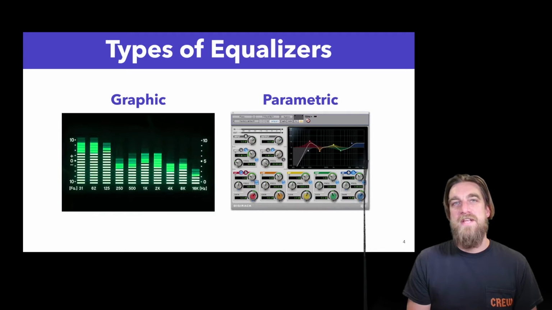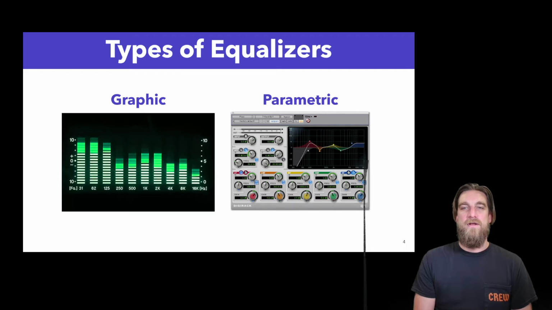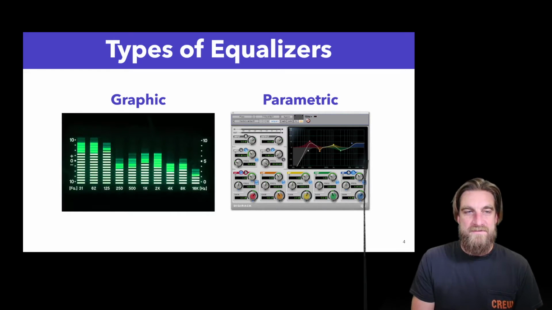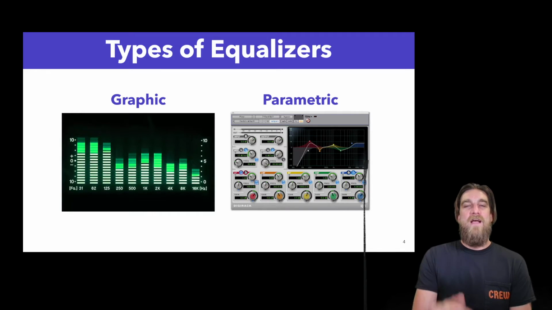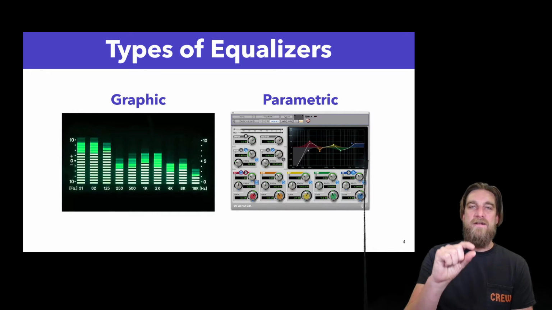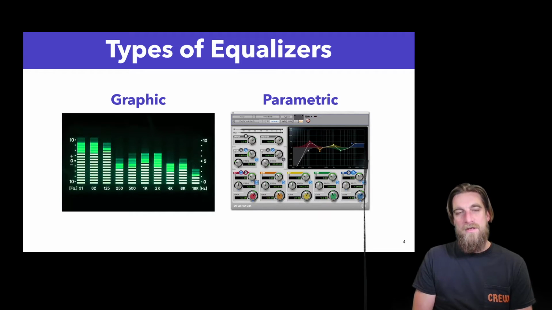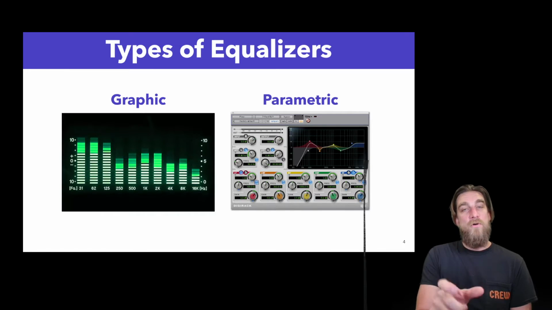All right, it's important to understand that there are a couple of different types of equalizers. So the equalizer is the tool that we use to process frequency. And there are 2 main types of equalizers. They are graphic equalizers and parametric equalizers. A graphic EQ will break down the frequency spectrum into different smaller groups of frequencies known as bands. Okay, and what it allows you to do is it'll essentially give you a slider or a fader for each frequency band, so you can decide whether you want to raise or lower the amount of those frequencies that